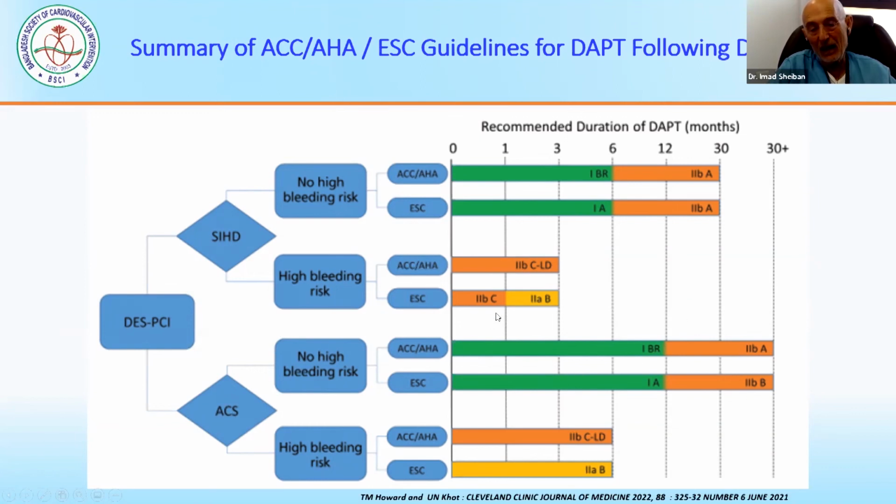And in acute coronary syndromes, you can see that if there is no high risk for bleeding, DAPT should be maintained until 12 months. Some are suggesting to even prolong to 30 months, but this is not well supported by clinical data. In high bleeding risk, again, shortening is supported, but we are still not in class